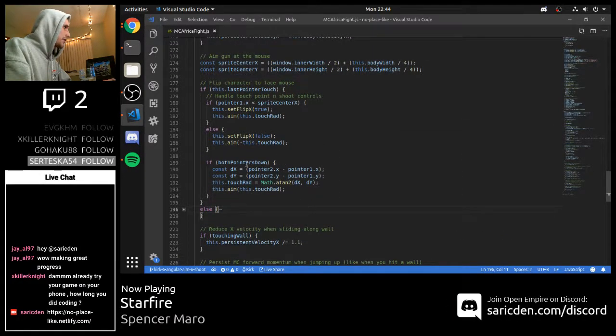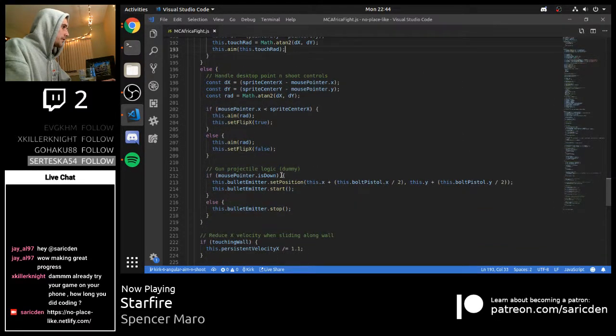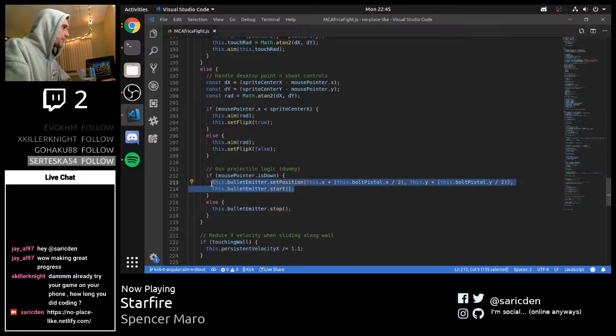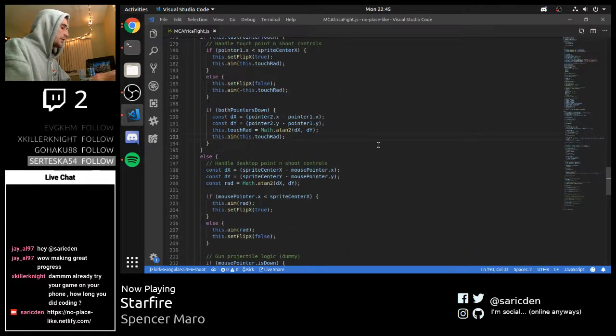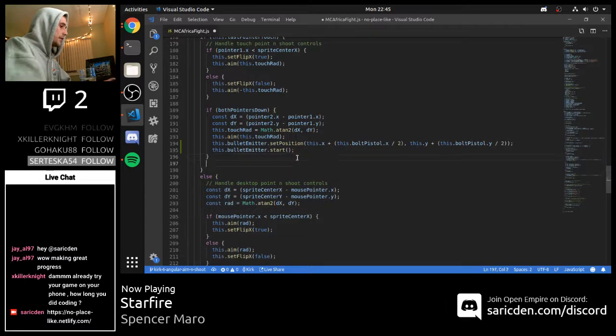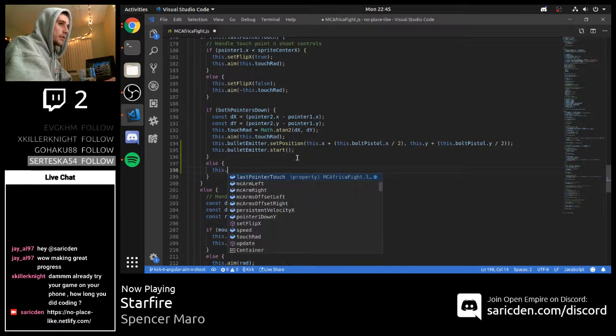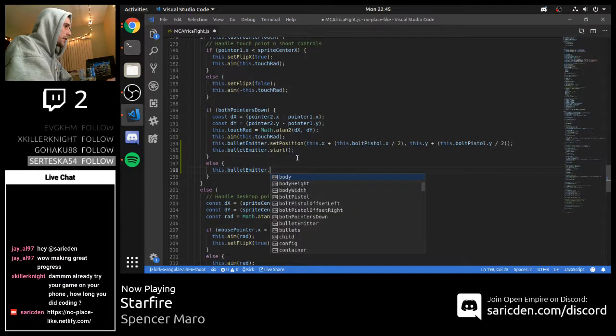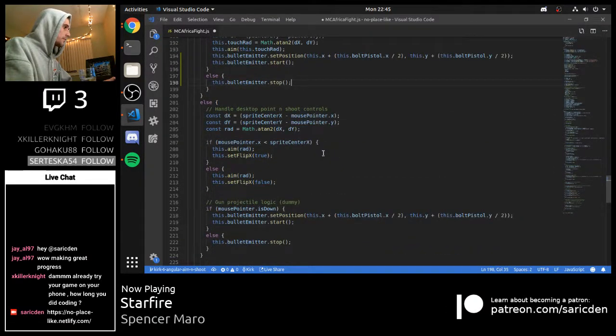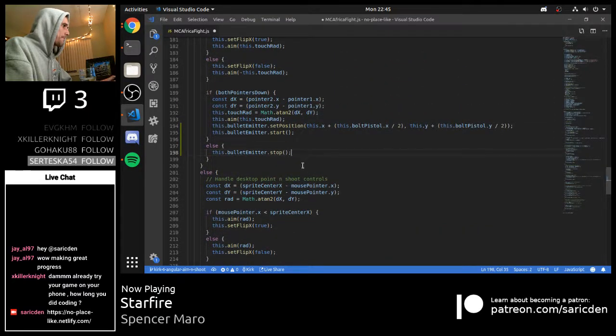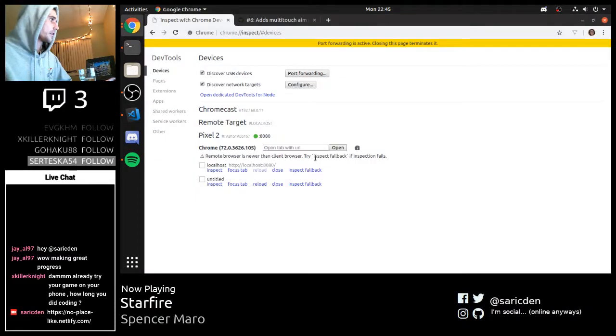Inside of the last pointer touch condition, or actually, it would just be if both pointers are down, then it starts shooting. So basically we can just go like this and say else this dot bullet emitter dot stop. Now, in theory, that should give us a working